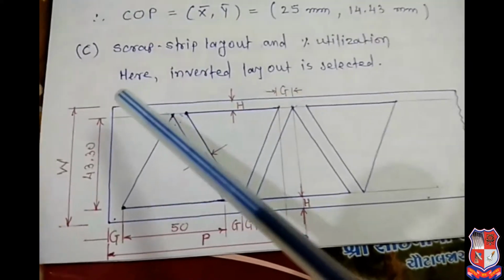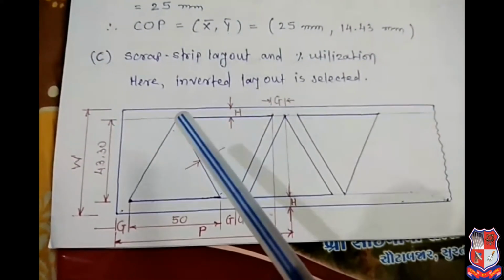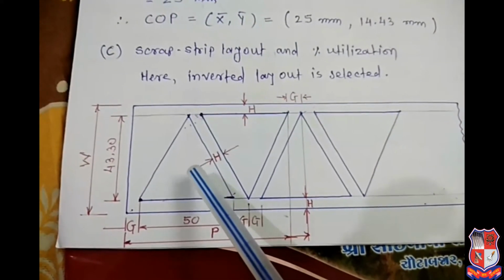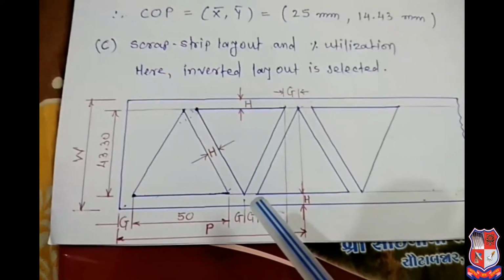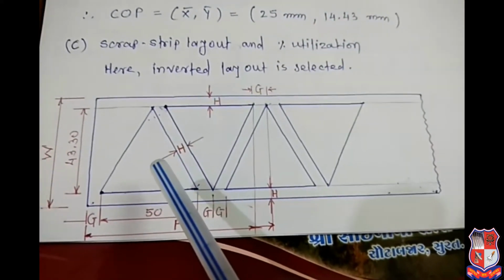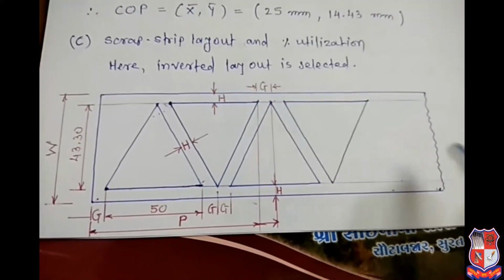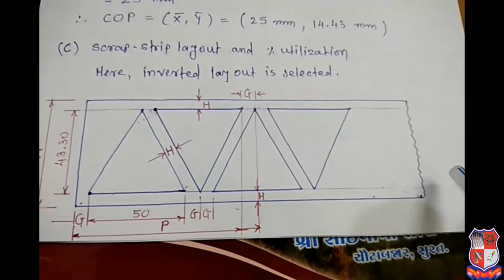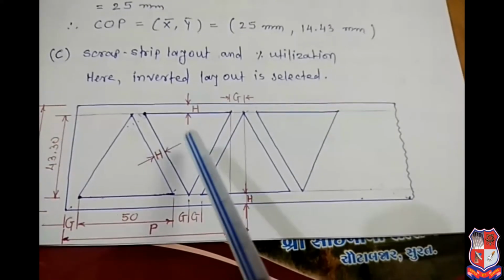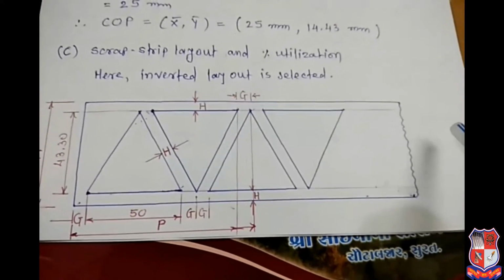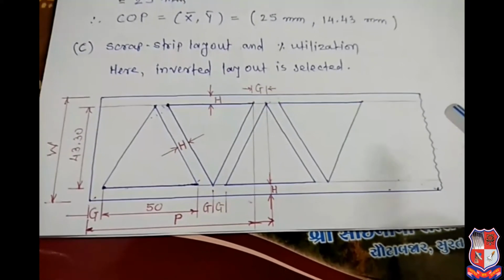So here I have shown this layout. This is our strip material. The width and the length are shown over here. I have laid down this blank first, second, third. So you can see alternately it is inverted, right? So if I consider this one first, second, here will be third, and if I consider the last one, 1500 will be over here and 1500 will be inverted because we need to cut 3000 pieces. That is given in the data.